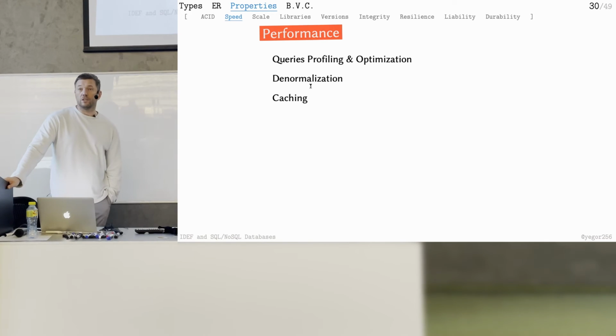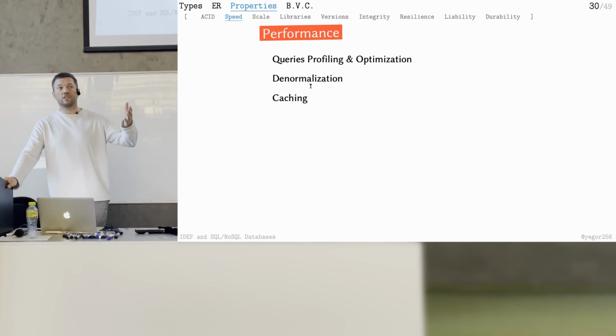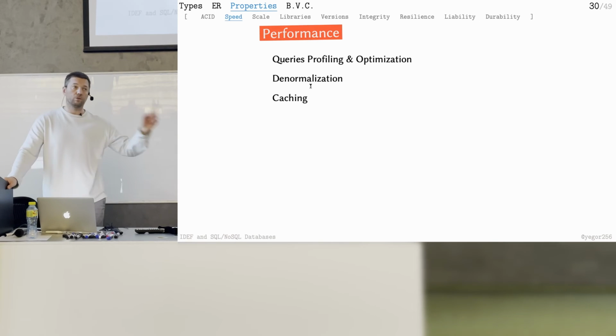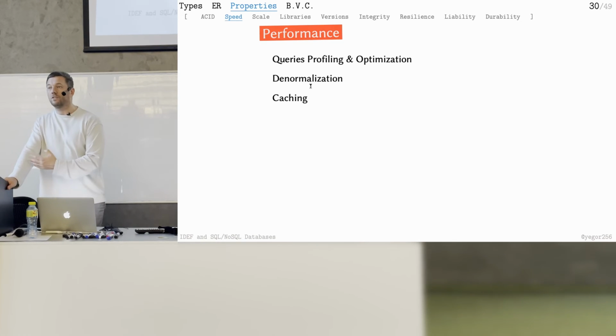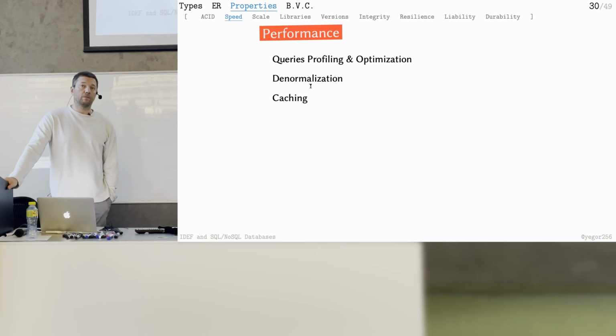And number 3, caching. The database may also allow you to enable caching. We already discussed Redis, which you can install in front of the database. So you have a database, then you have Redis, and then you have your code. Before going to the database, you go to Redis and take from there, which is faster. But some databases may allow you caching on their own side. So when you make a request to them, instead of running through all the data, they can immediately return you the result, which they also cache. And modern databases, I think many of them, have caching built in.